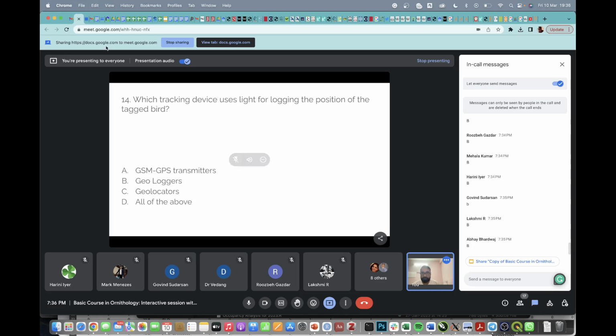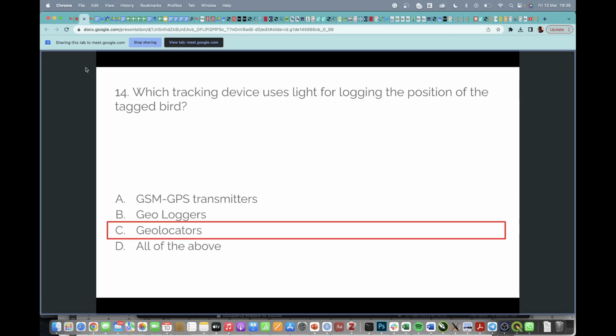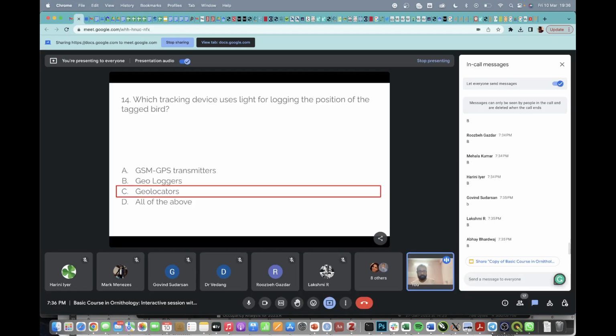Anyway, we'll see the answer here is geolocators. They basically log the amount of light or luminescence that falls on this thing, and based on that they can figure out where the position of the bird is. But yeah, geologgers,